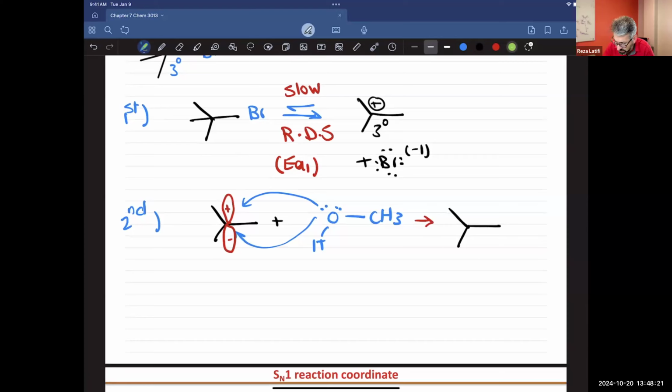So let's say we attached oxygen here. Now oxygen has a positive charge. Still, it has 1 lone pair. And okay, there is a methyl group there. And again, this step is going to be really fast. So we will have an activation energy for it, but Ea2 is going to be smaller than Ea1. And the third step,